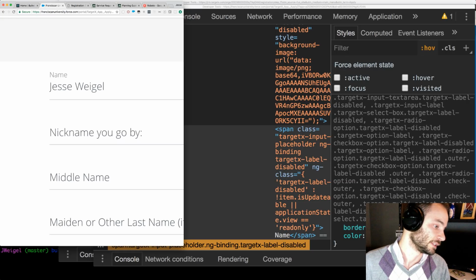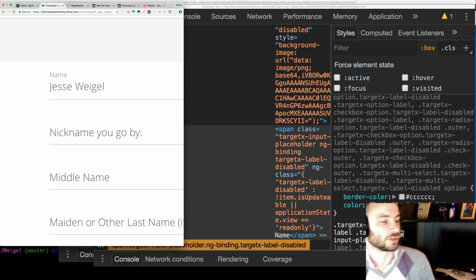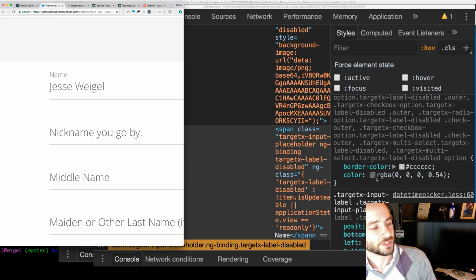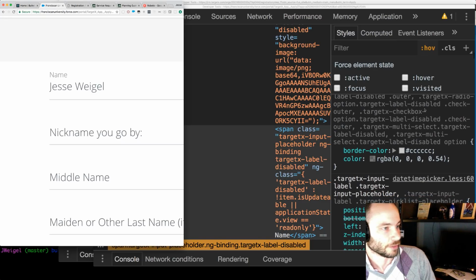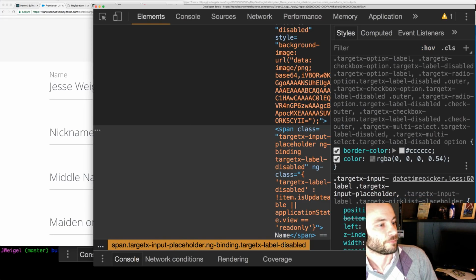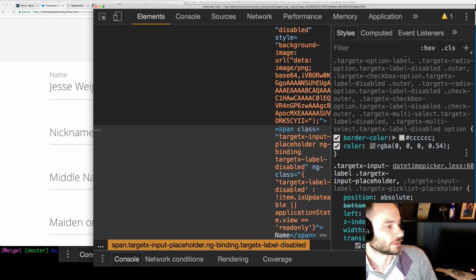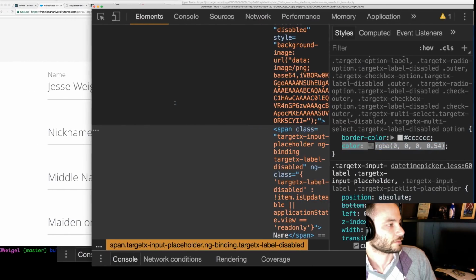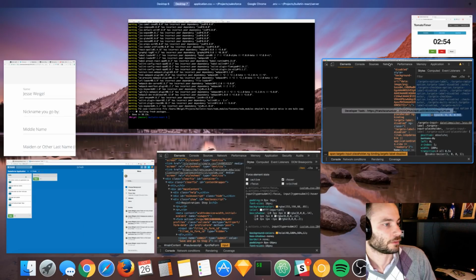In this case, it was CCCCCC. Yeah, I think that was right. So anyway, that's just a good tip. That's actually in the Material Design guidelines, so I didn't make that up myself or discover it myself. But anyway, that's a good tip. So let's just say in our Trello board,